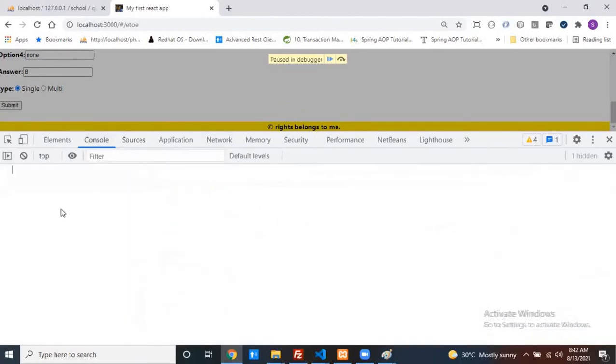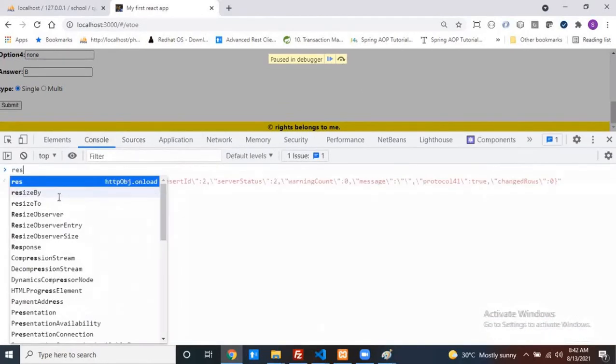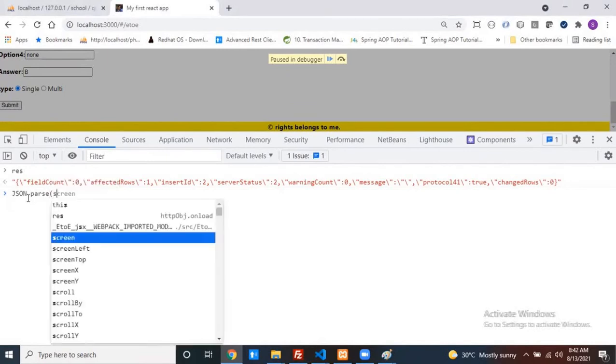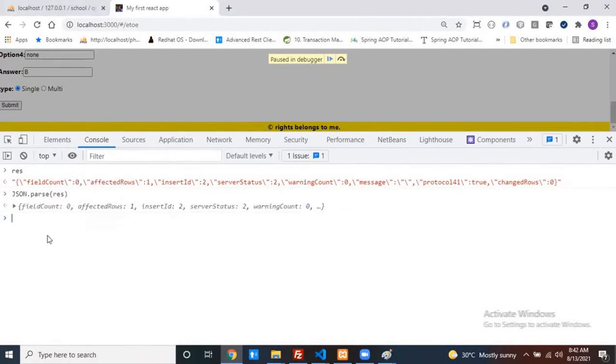If you observe this response, see how this looks. First of all, tell me, if I'm using XMLHttpRequest, what is my response type? You are giving the input in string format, and you are getting the output also in string format only. So I want to convert this string into an object. It's a string, but internally it's like an object. So can we convert it into an object? How can we? JSON.parse is the method to convert your stringified object into an object. See this.